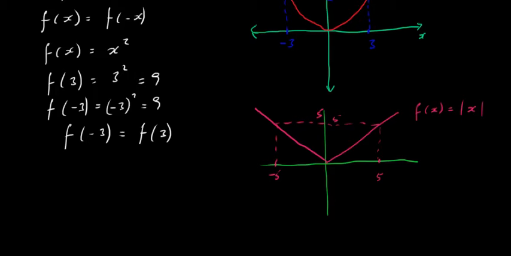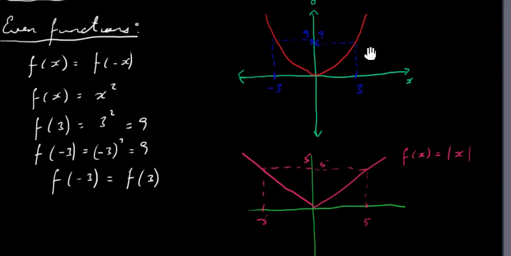So you can see something similar between these two graphs. You can see that basically the right hand side, the part of the graph in the first quadrant here, can be reflected through axial symmetry in the y-axis to give us this part of the graph here in the second quadrant, and it's the same here. So this part here of the graph is just a reflection of this part here of the graph in the y-axis.